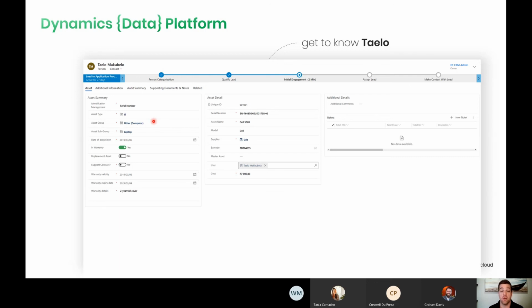Is it in warranty? So that if something goes wrong, we can fix that. So I think the idea that I'm trying to demonstrate here is that these are real-world examples of things that we're doing with institutions out there to centrally control data, centrally manage it, bring it into one place so that I can do more with it.